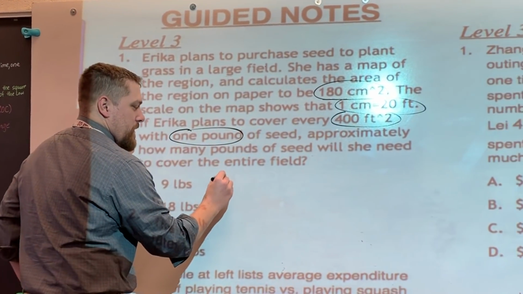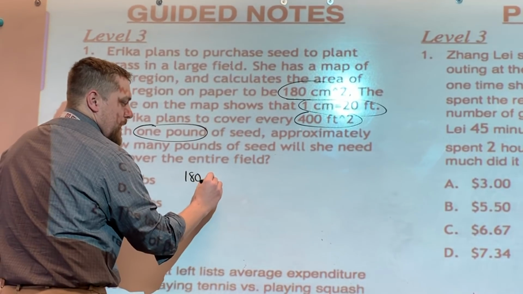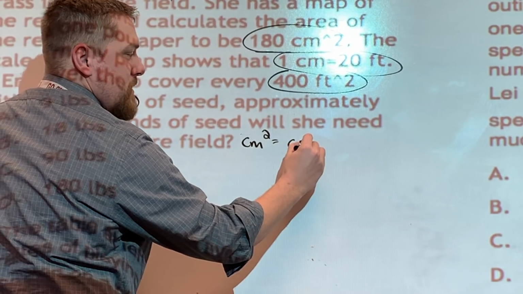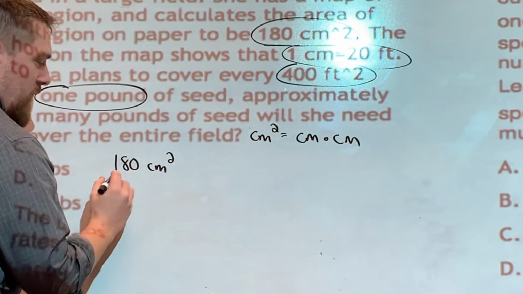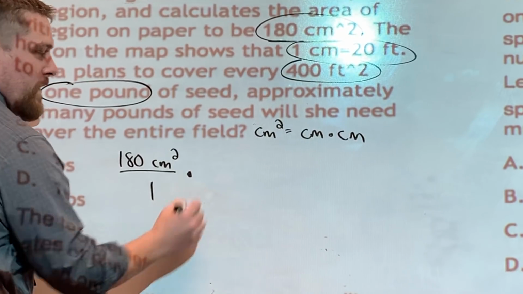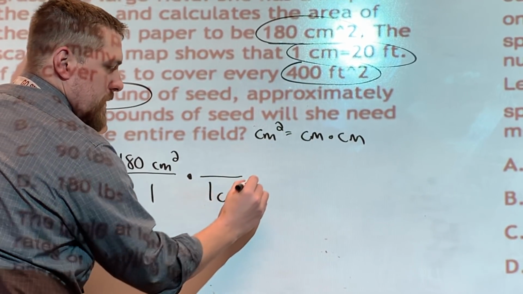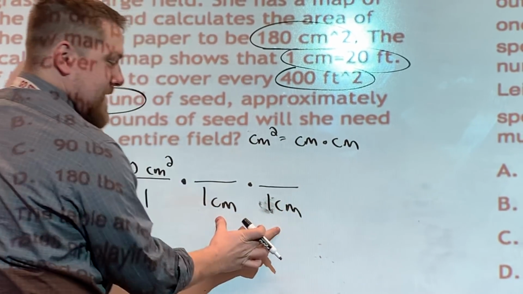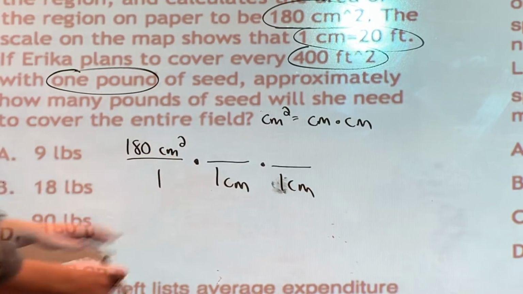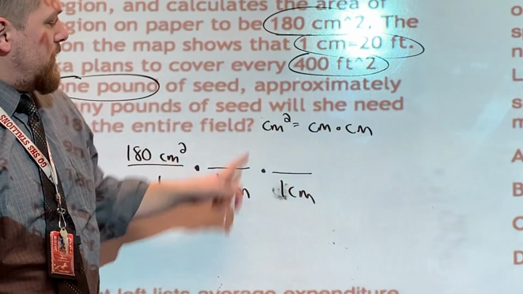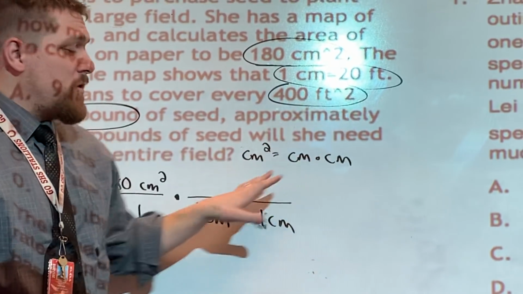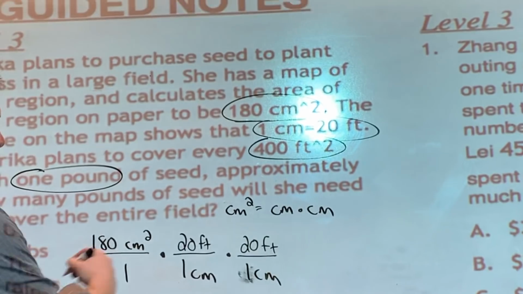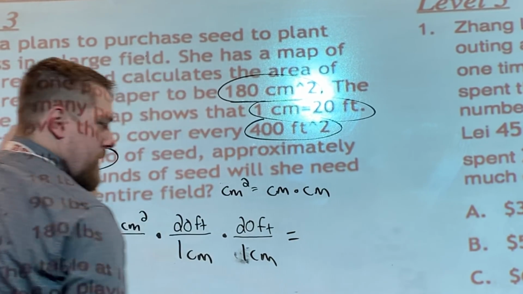So I'm going to take 180 centimeters squared. Now keep note, centimeters squared is the same as centimeters times centimeters. So I'm going to multiply this fraction by 1 centimeter times another centimeter. This allows me to cancel out my centimeters. Now if we look at our next part, 1 centimeter equals 20 feet. So the numerator will be 20 feet and 20 feet. So when I go to solve this, it ends up being